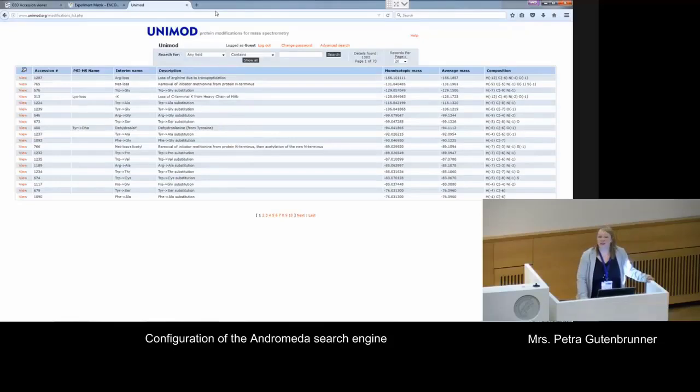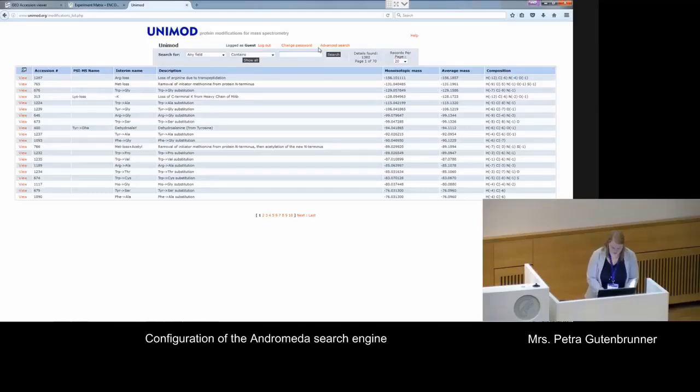We can't see it here. Usually when you go the first time to this web page, there is also a login screen. And you don't need to log in here. You can also type sign up as a guest, and then you also come to this page here. So here you have a nice overview of all possible modifications, and then we also have here some filter fields,